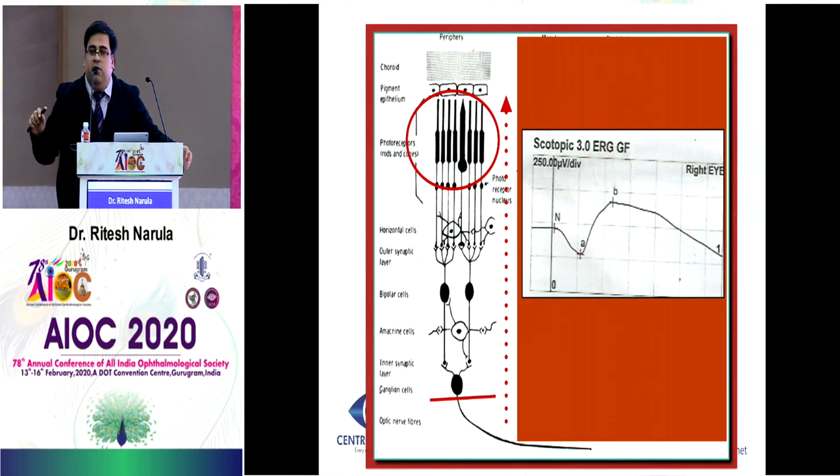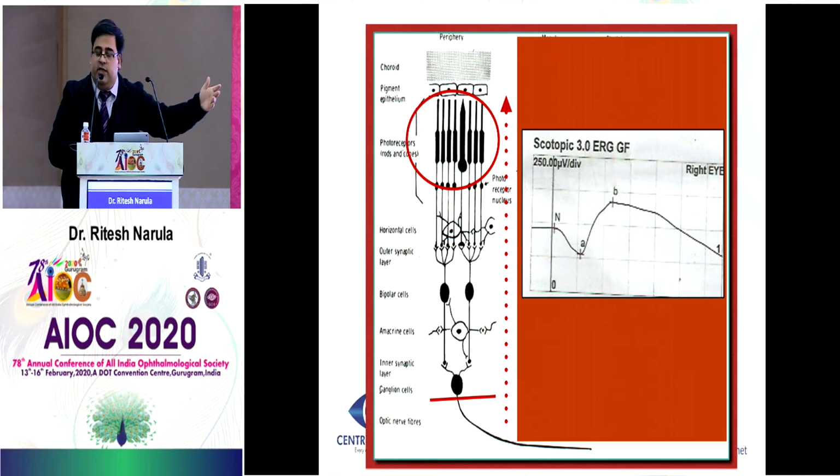So how will you remember? B for bipolar. So the B wave is coming from your bipolar cells. The first negative wave, the A wave, comes from your photoreceptors. The next positive wave comes from your bipolar cells. Subsequently, the current goes to the ganglion cell. ERG is only studying these two aspects of the retina, the photoreceptors and the bipolars. It is not talking about the ganglion cells. It only talks about photoreceptor function and bipolar function. ERG finishes there. For ganglion cells, you move on to the next test.